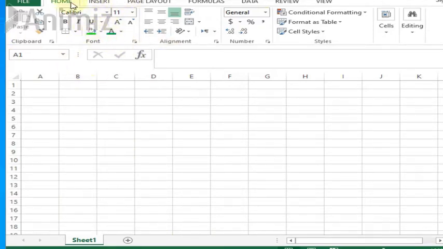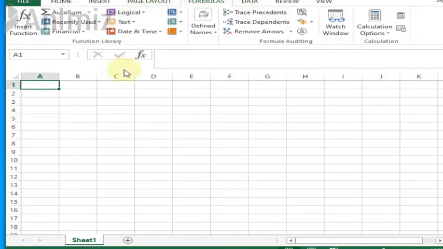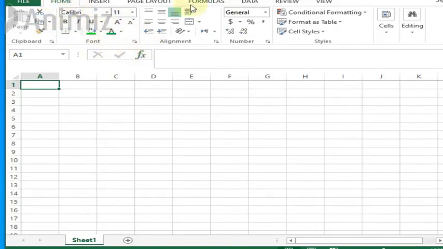I've already told you that there are different tabs on MS Excel, and each tab leads to a ribbon. If you click on the tabs, there are different ribbons. These are ribbons, and each ribbon has groups: one ribbon, two ribbon, three ribbon, four ribbon, and each group has different types of buttons in it.